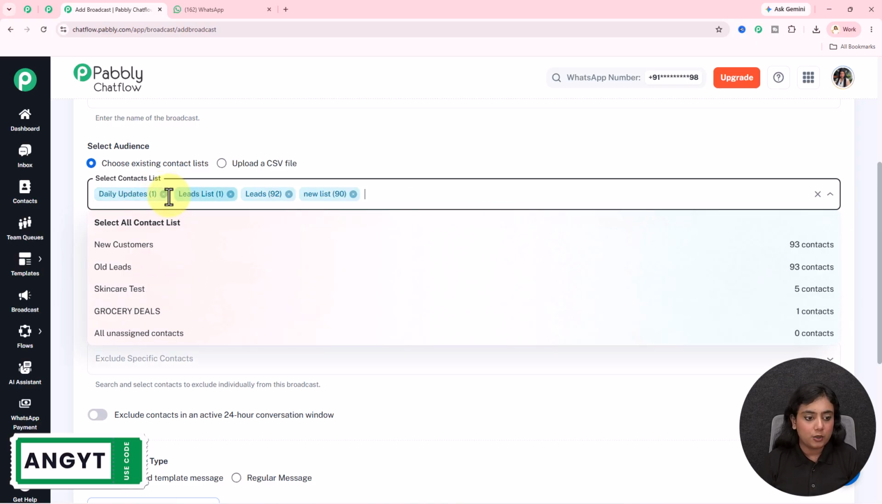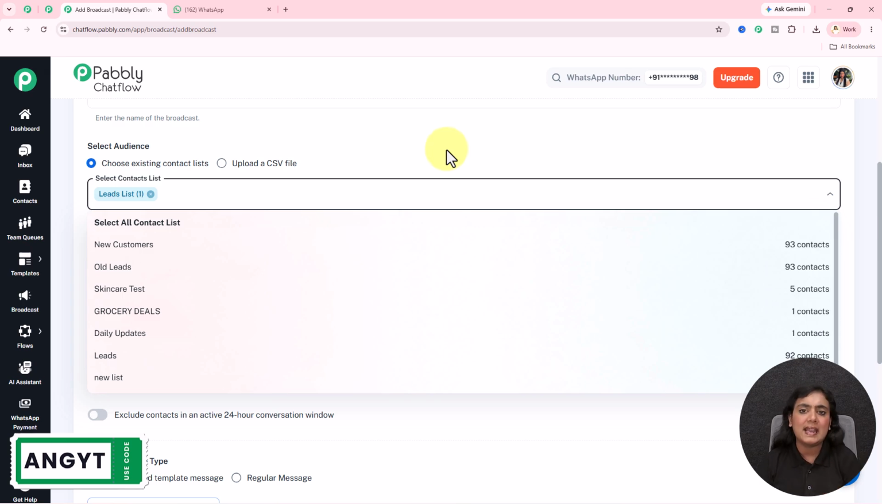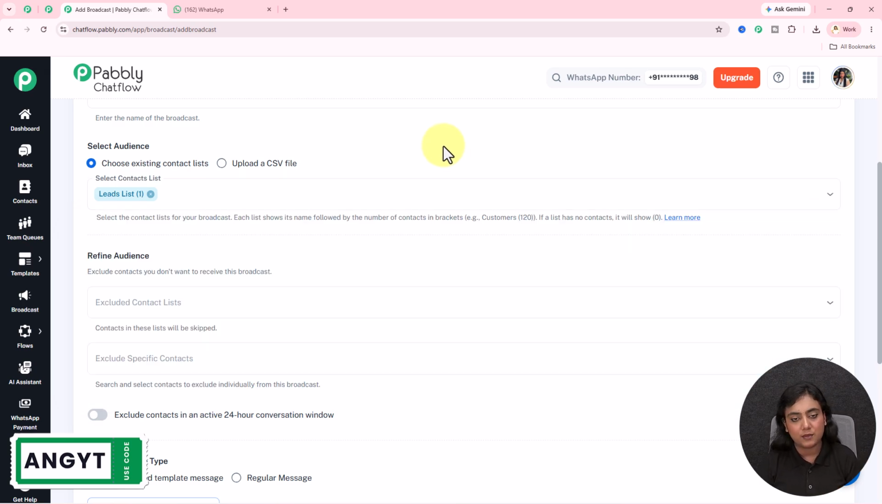It's up to you whether you want to select all the lists that you've created or you want to select one or two or any number of lists that you've created inside your Pabbly Chatflow account. Now, if you want to create a contact list, go to the contact section and create the list accordingly. Okay,